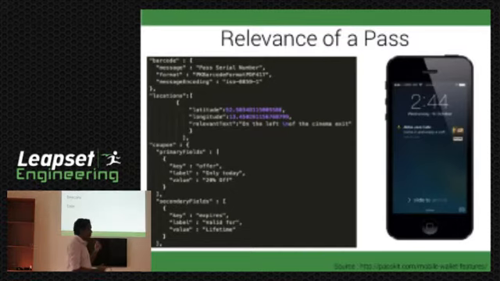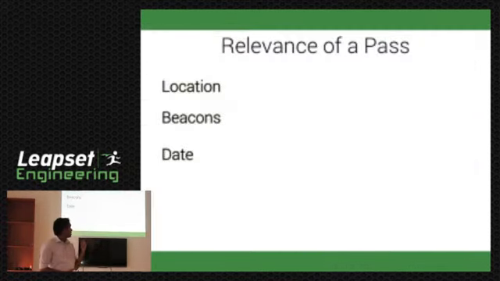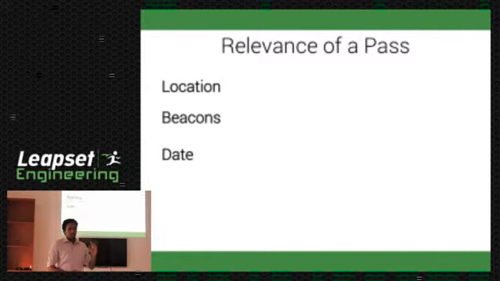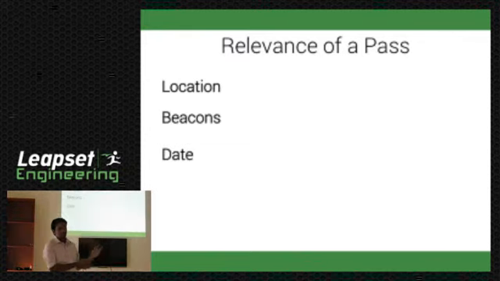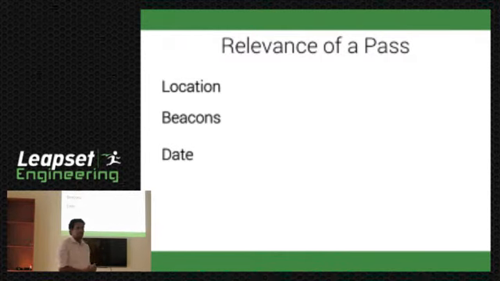And recently, I believe in iOS 7, they introduced support for beacons. The iBeacons, the small BLE beacons that we have. Apple introduced a feature where you can say if you walk by this beacon and you detect this particular beacon's identifier, show a message. So if you're walking around a store or a very large mall, and you have beacons placed, and say you have some offer on shorts or pants, and you go past that, your phone can vibrate and say, look, there's a coupon for this particular item. So that's how the relevance of the pass is done.